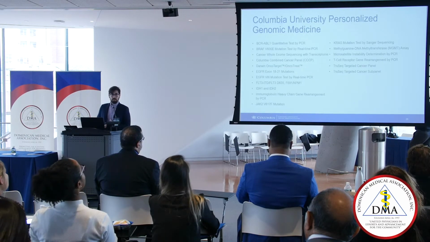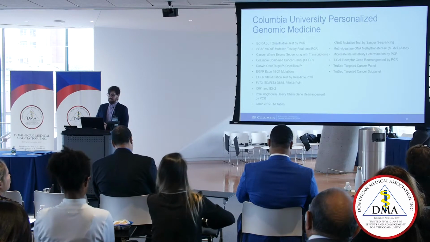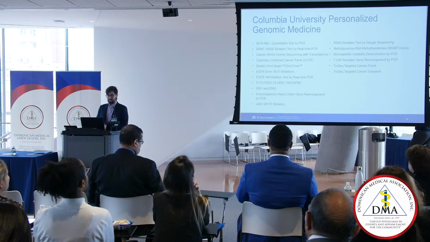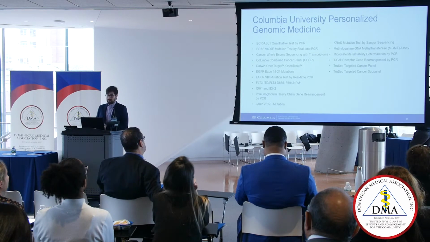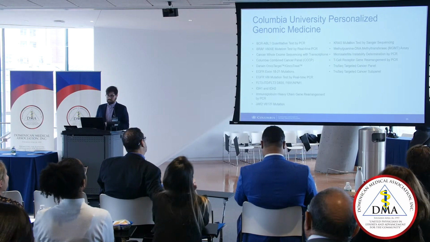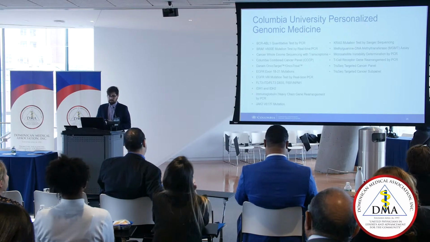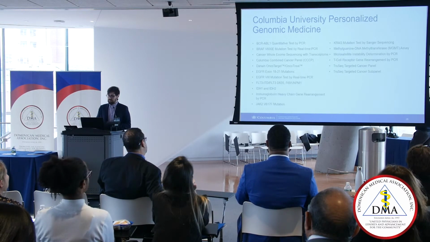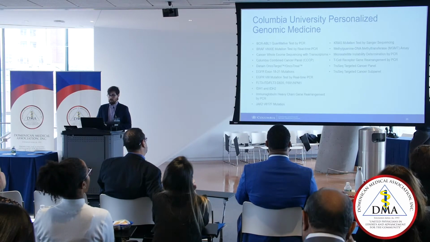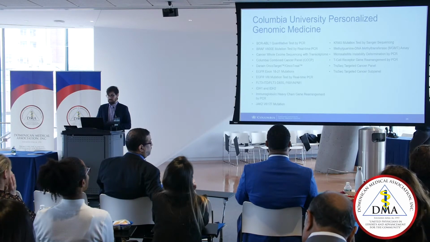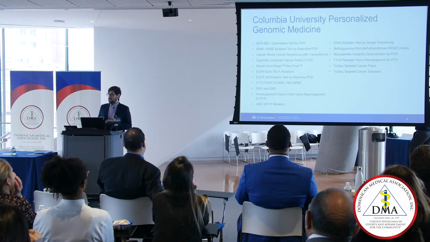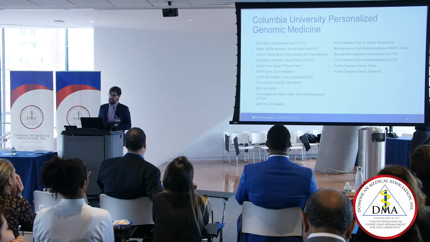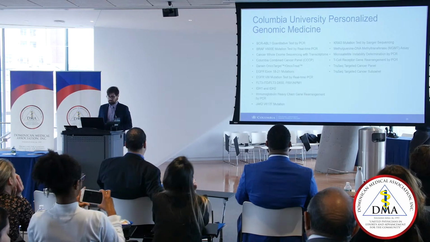And so at Columbia, we do a lot of this testing. It's kind of a shameless plug for our department, but I'm really proud of what we do at our work. So we can do testing that's very targeted, a couple of genes, like the V600E for your polycythemias, or we can do all the way up to whole exome sequencing and do lots of gene panels. So we really want to provide a service that encapsulates the needs of any patients that come to us.